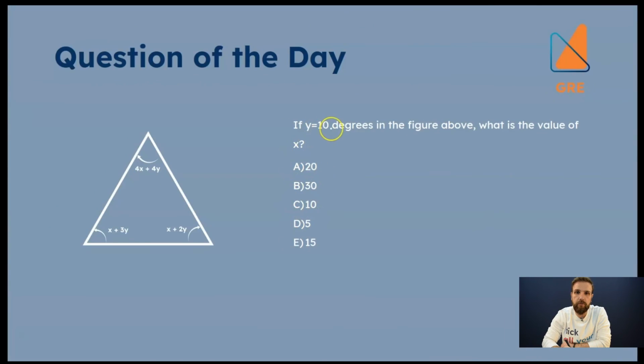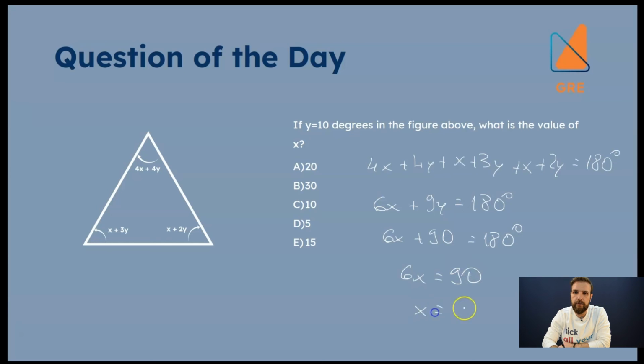In this question we have, if y is equal to 10 degrees in the figure above, so the figure is on the side again, what is the value of x? Here we have 4x plus 4y plus x plus 3y plus x plus 2y equal to 180 degrees. Here we have 4x plus x plus x, that would be equal to 6x, plus 4y plus 3y, 7y, plus 2y, 9y equal to 180. Here we have y equal to 10, so 6x plus 90 equal to 180, 6x is equal to 90, and x would be equal to 15. So the answer for this question is